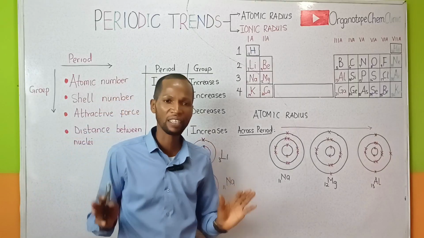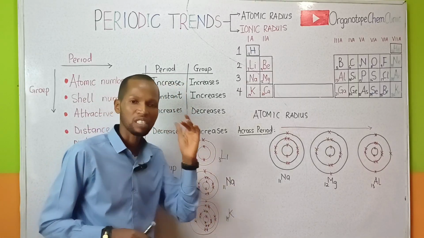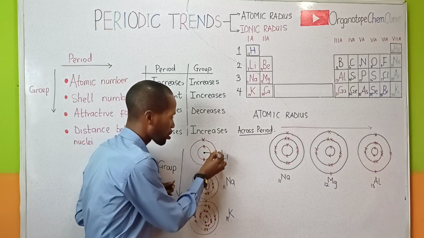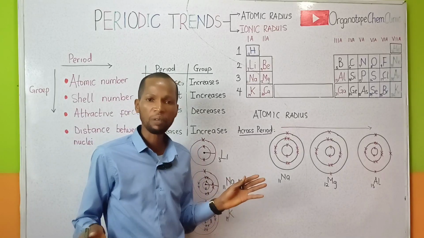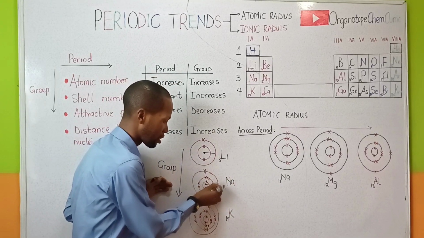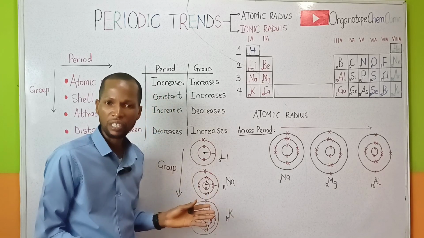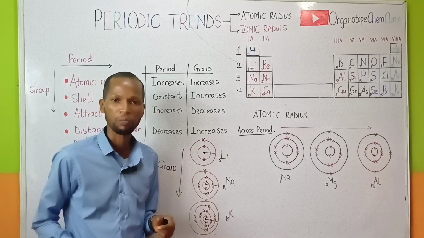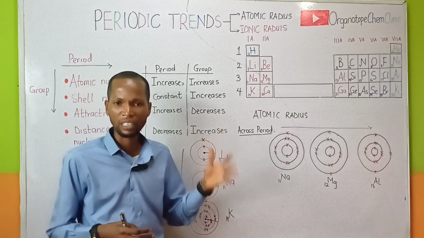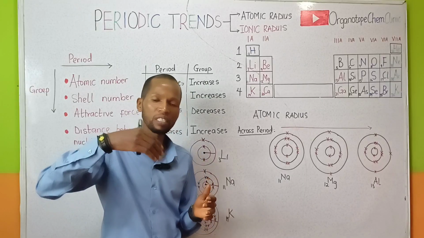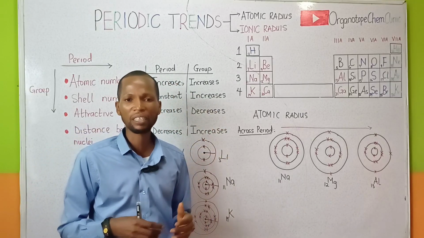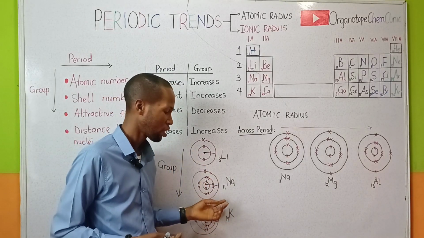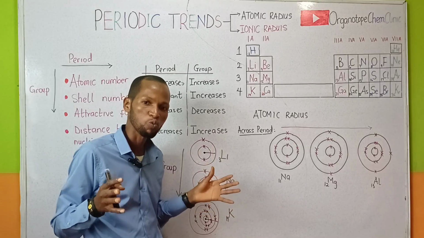So how do we justify the atomic radius? Since the shell number increases, the distance between the nuclei and the outermost electron tends to increase. The atomic radius in lithium is smaller than that in sodium. The atomic radius in potassium is greater than that observed in sodium. Since the atomic radii increase down the group, the force of attraction between the nuclei and the outermost electron decreases. Because the outermost electrons are far away from the nucleus, the force of attraction becomes weaker as we move